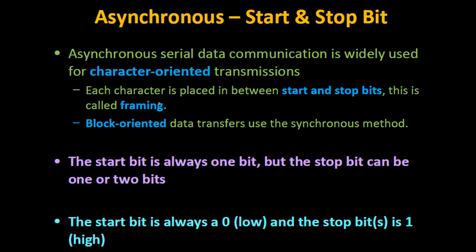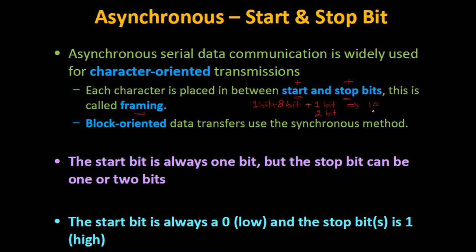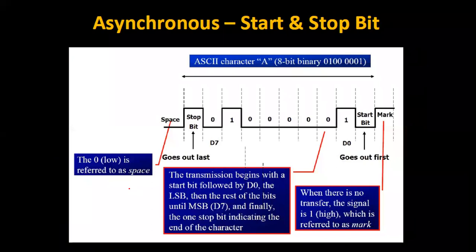Now coming back to the protocol, ये है कैसा protocol? इस protocol में, for example, if the character-oriented transmission is there, we need to frame it. Framing का मतलब है you add a start bit, you add a stop bit. Okay, so if I have something like 8 characters, 8 bits, तो उसमें एक बिट आपके पास ऐड हो जाएगी from the start, और एक या दो बिट्स आपके पास ऐड हो जाएंगी. ये एक बिट भी हो सकती है, ये दो बिट्स भी हो सकती हैं. And the total will become like 10 bits or 11 bits. Okay,